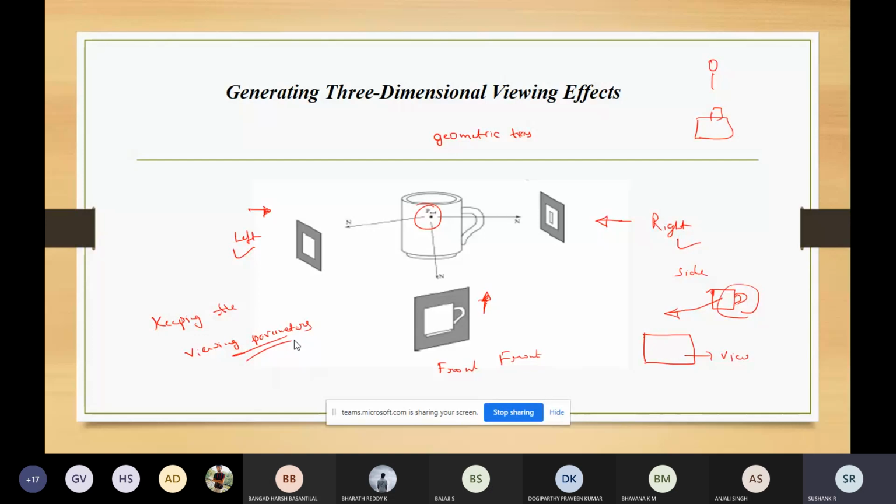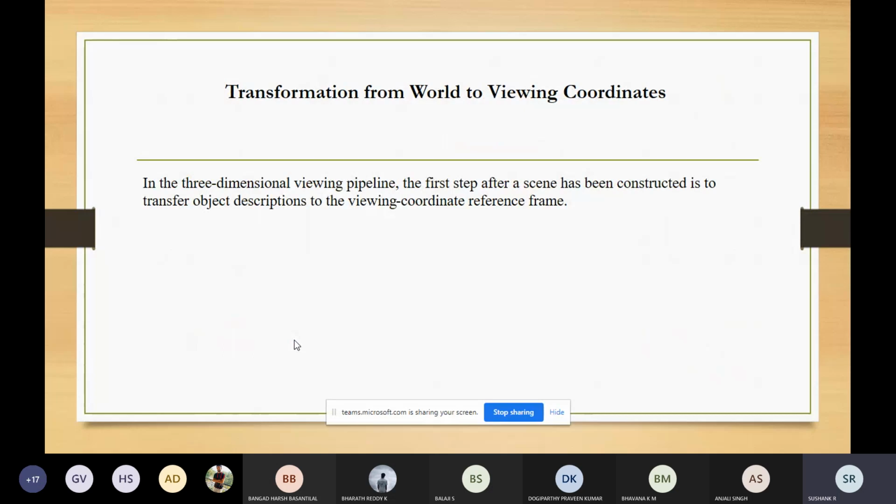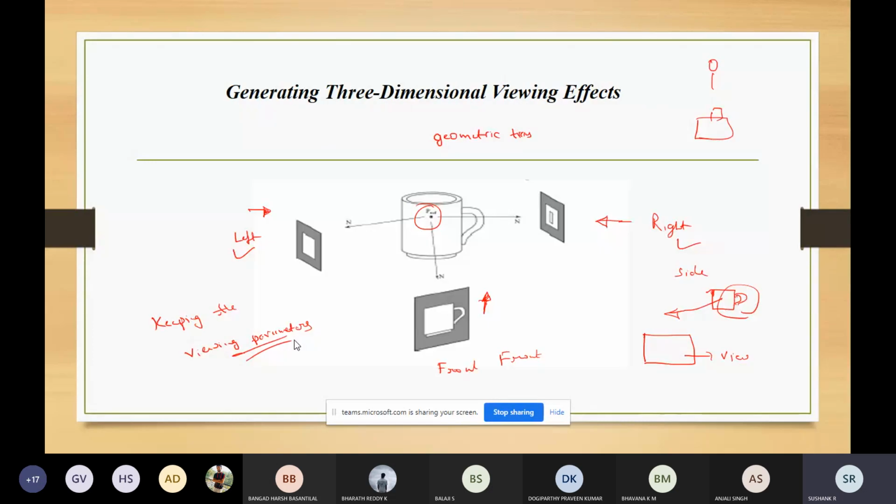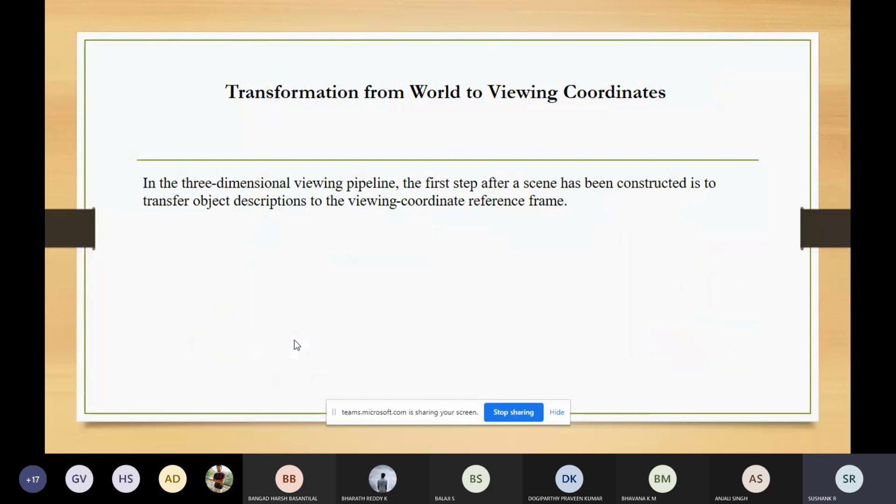So the next thing is how we generate all those things. We have some steps for performing those geometric transformations to get the views of this object, like side view and so on. So we'll study these geometric transformations. We'll keep the viewing coordinates, or the viewing parameter, as constant. We'll have two matrices here. One is a translation matrix, where you are bringing an object from its location to the viewing reference frame, where you're able to capture the object.